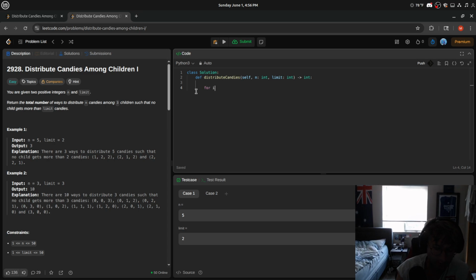So maybe it would be like for i in range length. It would be range limit, right? Because we don't want any more than limit candies per child. So for j in range limit, k in range limit, then we want to check, well,